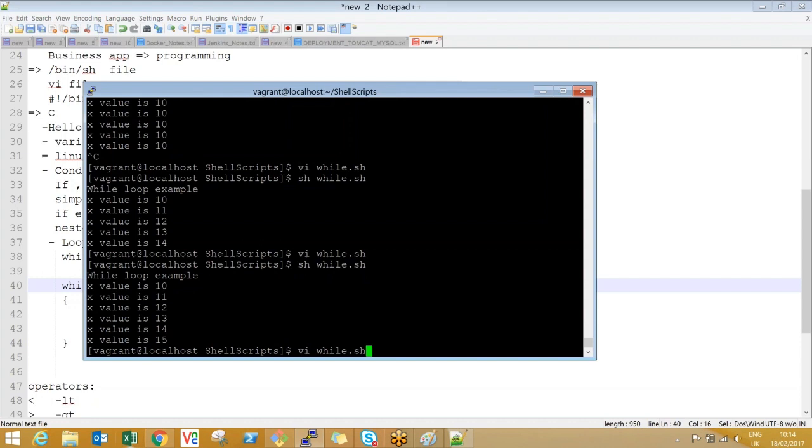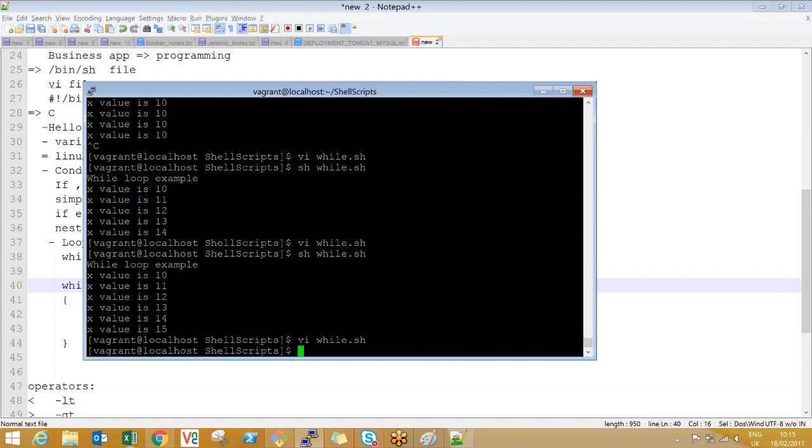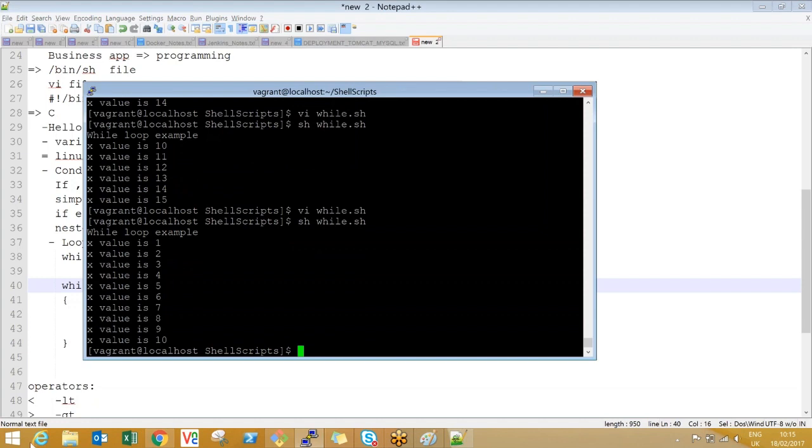So this is how the while loop works, guys. The only thing is you have to apply logic there. Now with the help of this, somebody may ask you a question: would you please print from 1 to 10 using the while loop? I can easily print it. Just define x equal to 1, while x is less than or equal to 10, print the x value. Is it printing 1 to 10? This is a while loop, guys, a simple while loop.